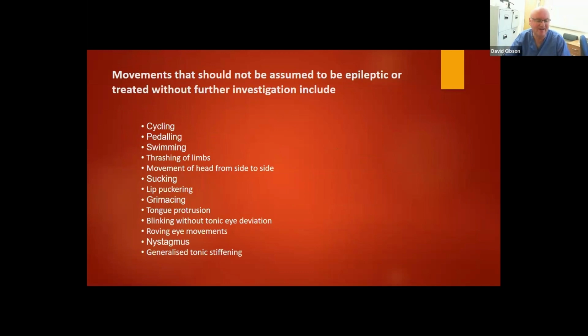With that, there is a grey area of movements that may or may not be associated with true seizure activity, and this is where some of the difficulty in diagnostic confirmation comes in. We see cycling of the limbs, pedaling, swimming movements, thrashing of the limbs, lip puckering, sucking, twitching of the eyes, and generalized clonic stiffening,